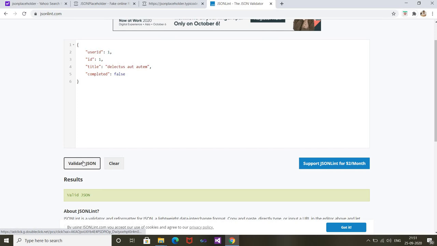In the future videos, we are going to discuss how to bind this raw data or API response to a UI, and we are also going to discuss what a JSON array is and what a JSON object is, which are part of the JSON format. We are going to discuss that in detail in future tutorials.